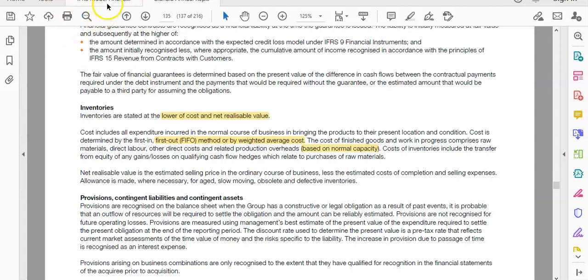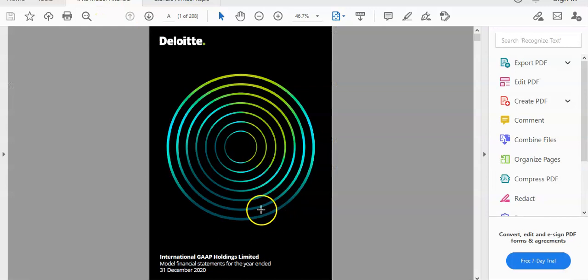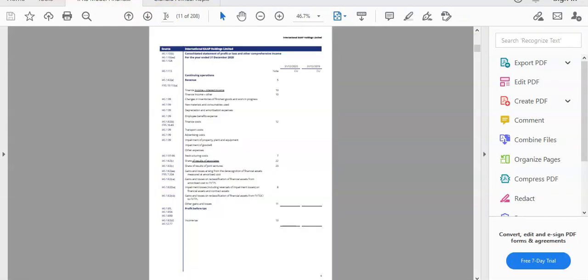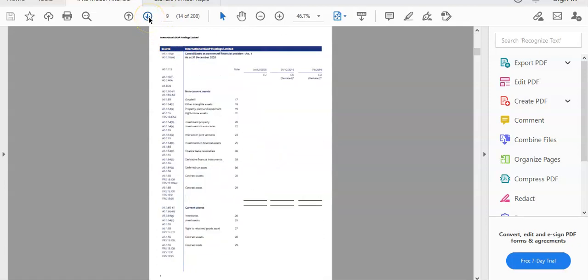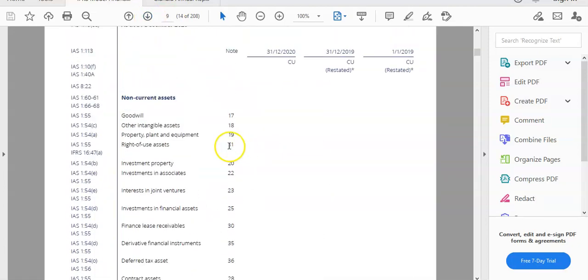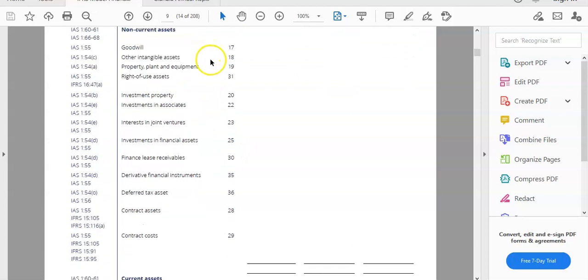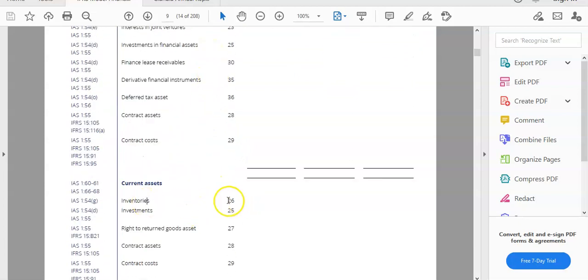While I'm a big fan of looking at the model financial statements as well, the reason for that is if you go, for example, here, and you look at the financial statements, say the consolidated statement of financial position, and you come down to current assets, we see inventories as note 26. But the reason I like this is they give you in the margin here all of the particular standards and the particular paragraphs of why that's been disclosed. And if you go to note 26, which we'll jump on,